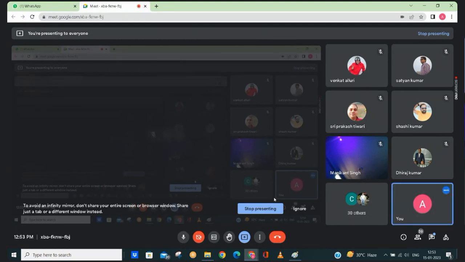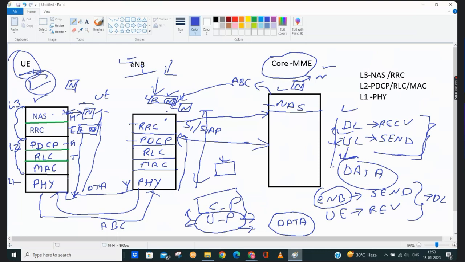Here when we say data, most of us, including me, initially thought data means real traffic. Real traffic means suppose I'm downloading a picture. That is my real data, right? But suppose I'm sending some payload. Payload means some information I'm sending. So that is also data, if I'm sending some information, right?